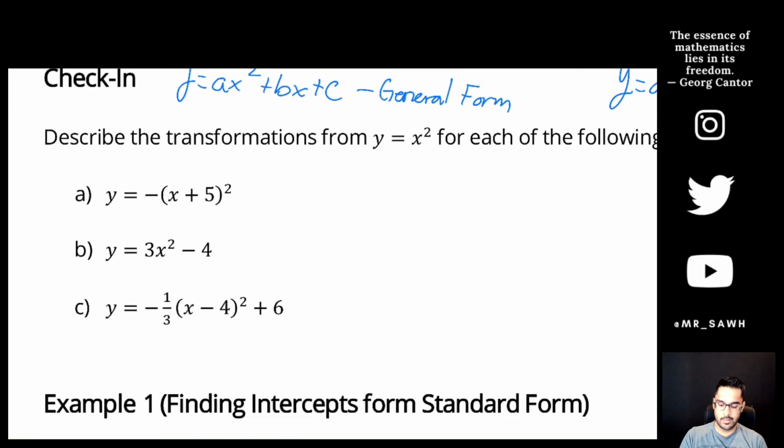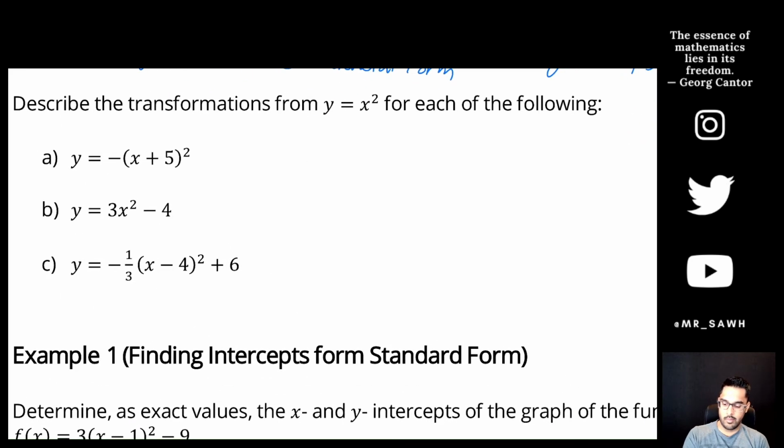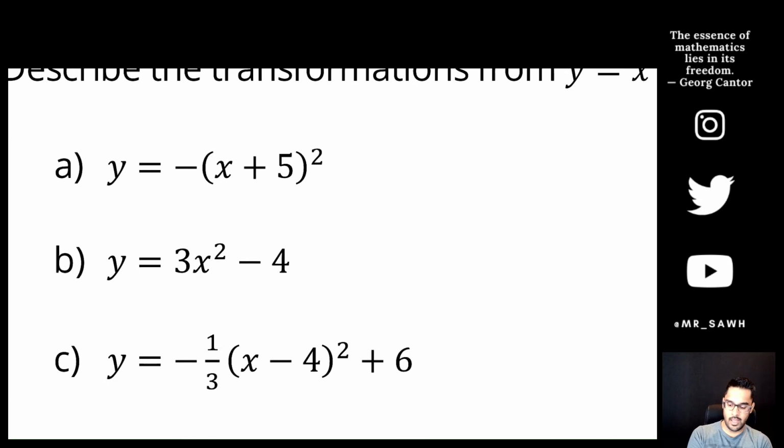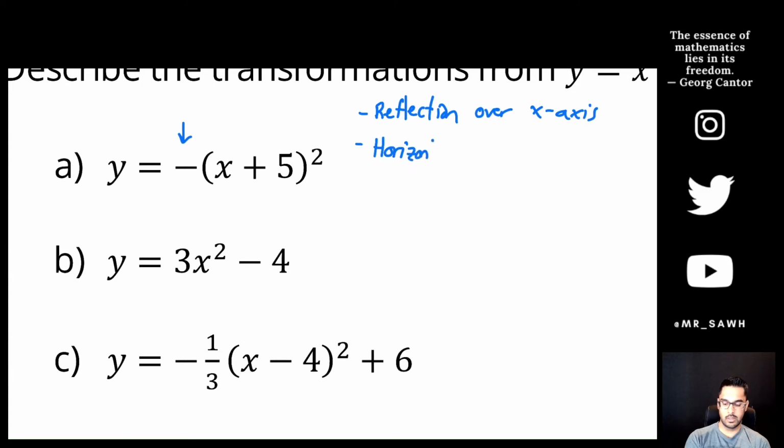So if we go to describe some of those transformations again, remembering the order we're going to do it is stretch, reflect, translate. That way I know that for A, this negative sign is going to tell me I've got a reflection. Right, so we've got a reflection in the x-axis. Let's say reflection over the x-axis. And the number attached to that x there will tell me I've got a translation. So this is going to be a horizontal translation, 5 units